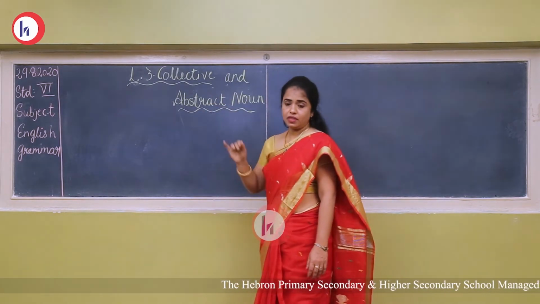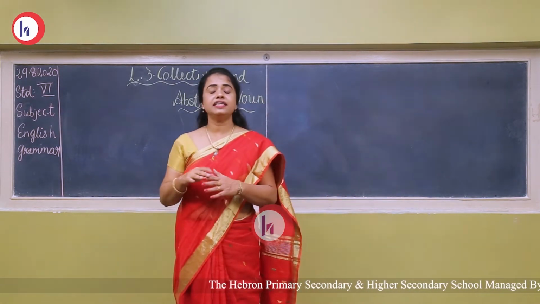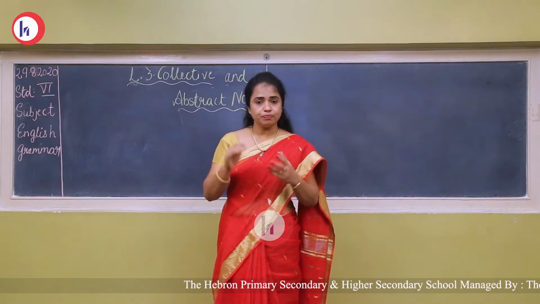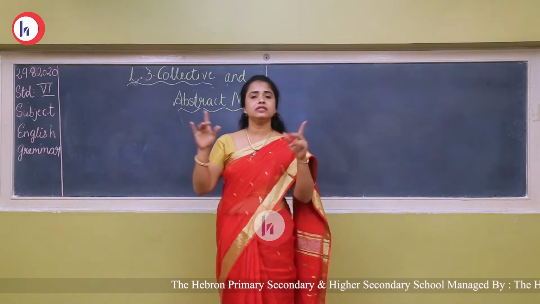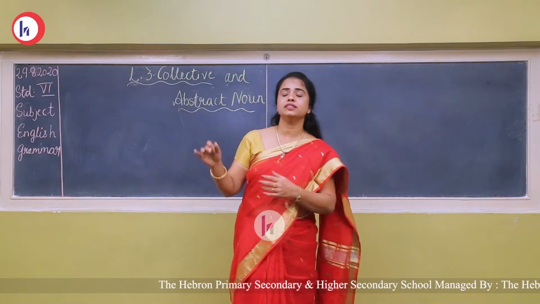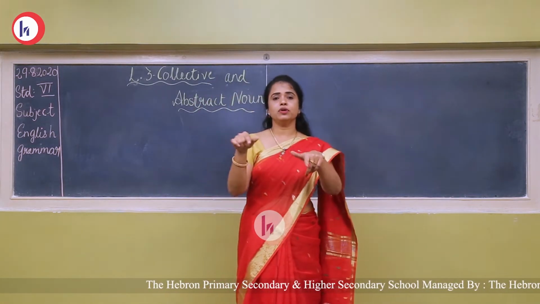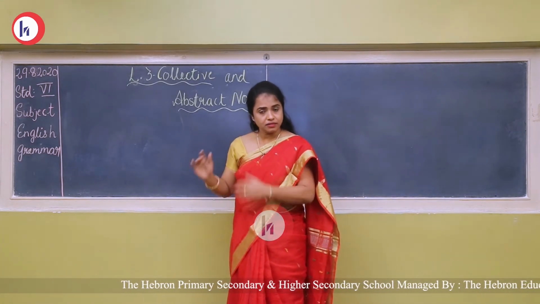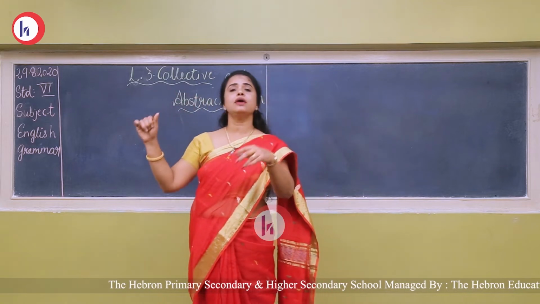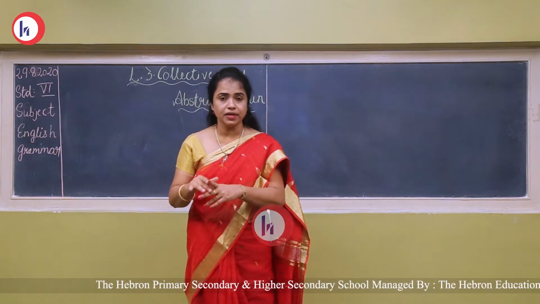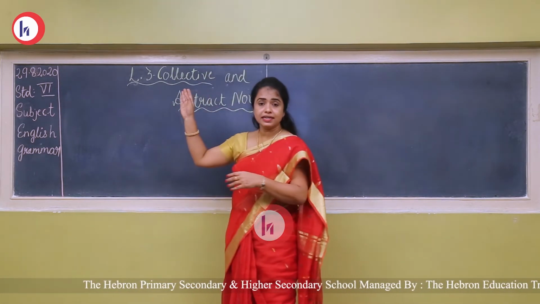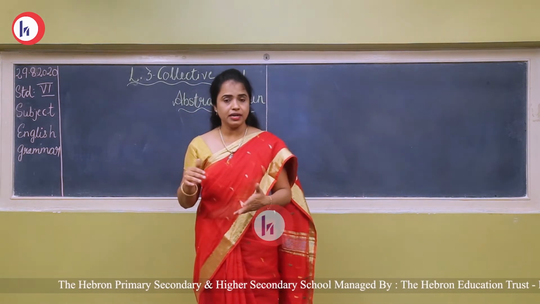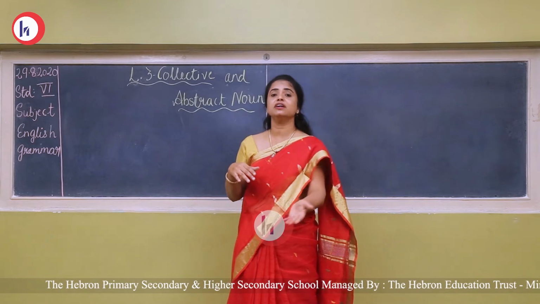Collective noun is a noun that is referring to a group of nouns, that is, a group of person, place, animal or thing. Collective noun refers to the group of person, place, animal or thing as a whole. It can be a person, a place, an animal or a thing also. So whenever a particular noun is being classified in one group, then we understand it as a collective noun. It is a collection of one particular noun, so we give a specific term to that noun.